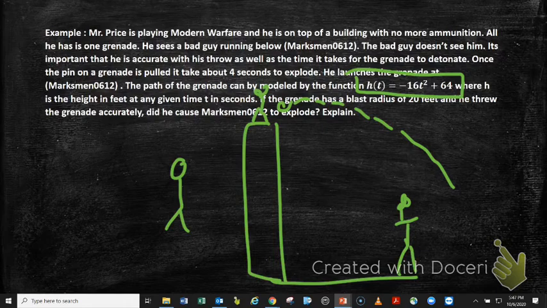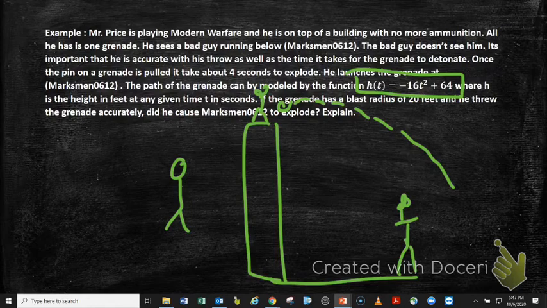I said if the grenade has a blast radius of 20 feet, that really has nothing to do with our equation, but that's just telling us how far we are. And I threw the grenade accurately. Did I cause the marksman to explode? And explain. So what we have to think about here is